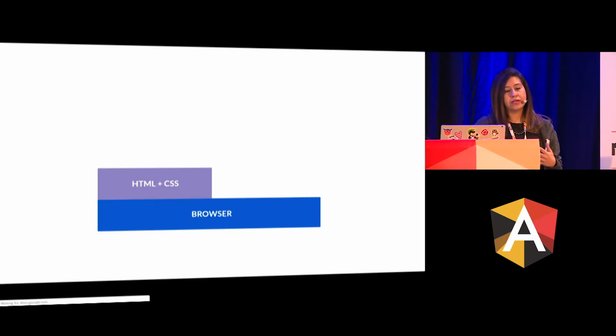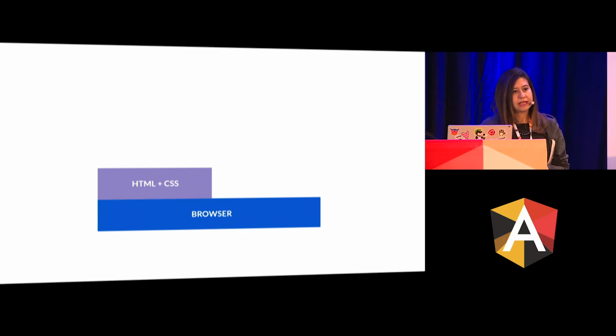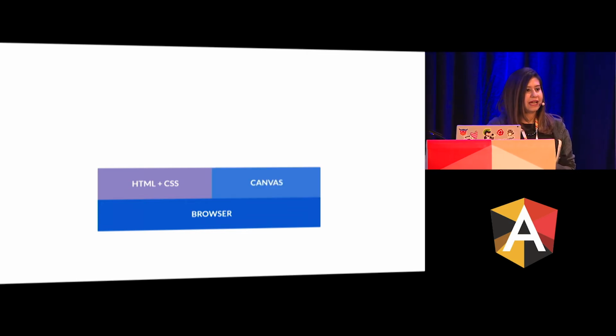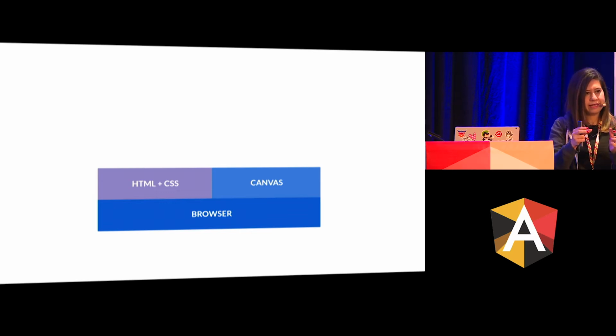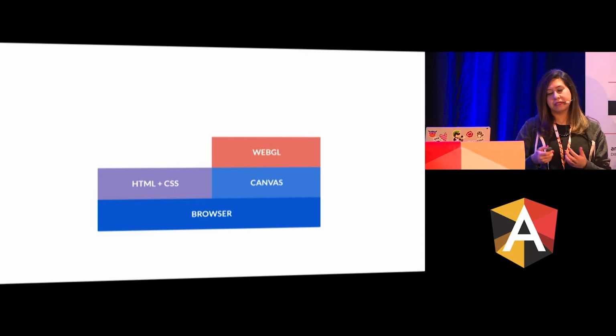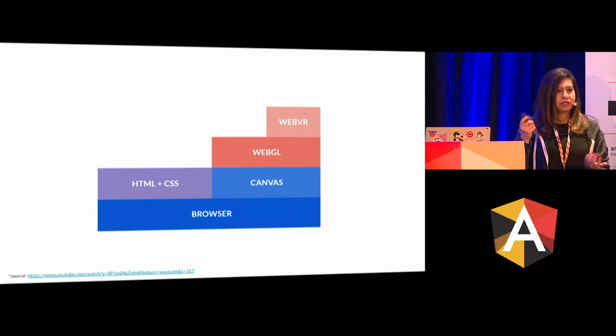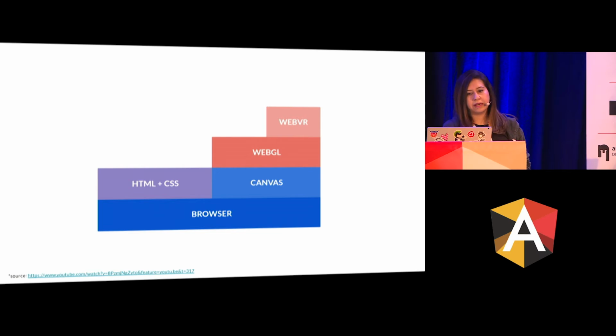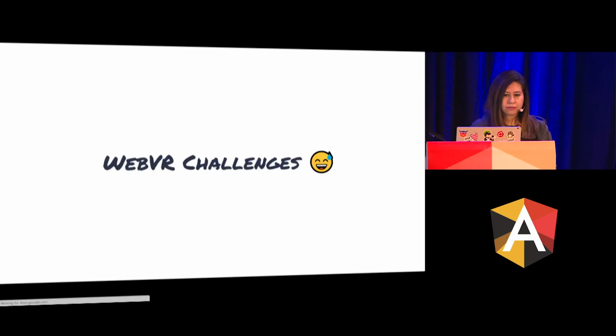How it works in reality is that you have the browser, which can render HTML and CSS. And the good thing is that we have one of these tags, which is a canvas. It allows you to have your own renderer there as well. When you create your 3D experience with WebGL, the canvas can help the browser show that for you. And on top of that, you're using those APIs to enable the WebVR experience. So this is the big picture.